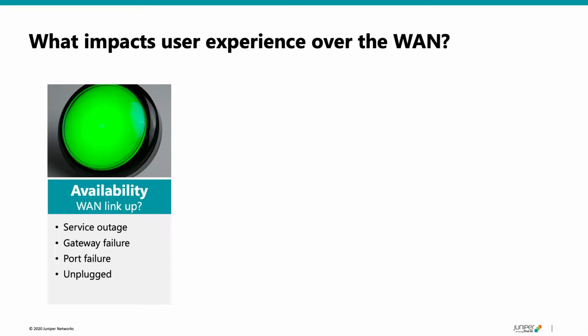Anyone who's ever dealt with wide area networks knows that it's a fairly complicated infrastructure to try to deliver a high value service and also to troubleshoot, right? There's lots of things that can go wrong that can adversely impact users across a wide area network. Whether it's availability, is the WAN link up? Is it down? Are there hardware device failures? Is there just an unplugged, bad cable or a bad port that can cause your WAN to go up or down or have degraded service?